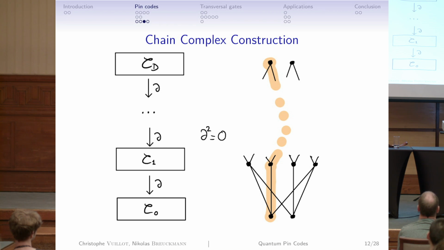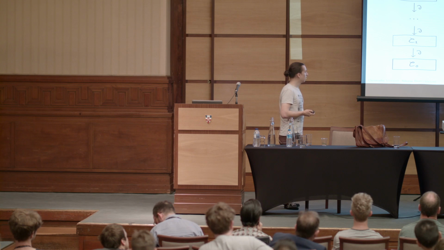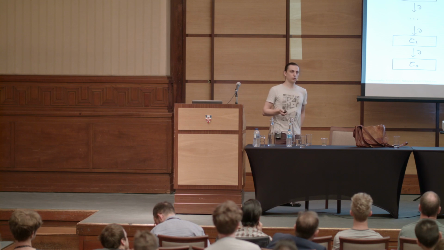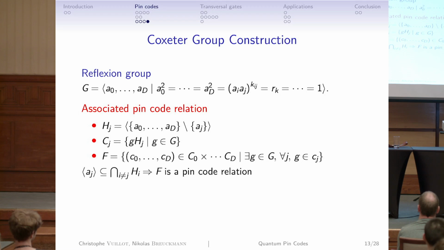Now, so this is sort of the first method to get pin code relation and possibly define codes on them. Now, if you want to construct color code, you can go another route, which is there's a nice way to build regular lattices, which is using the group of symmetries of these lattices. So there's a construction by using Coxeter groups where